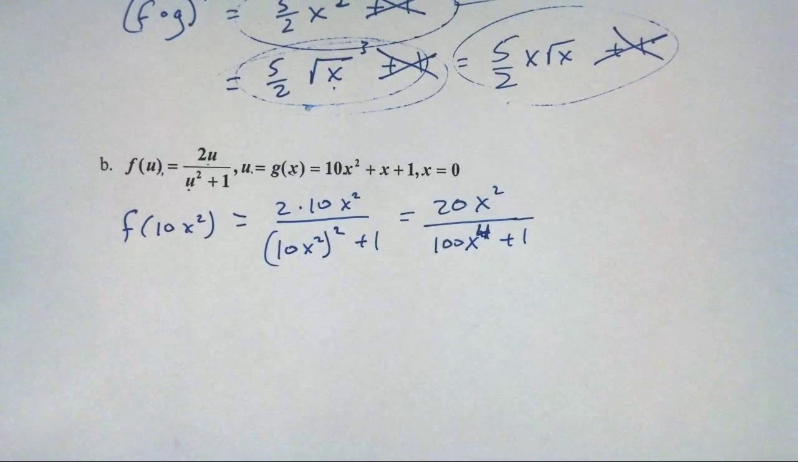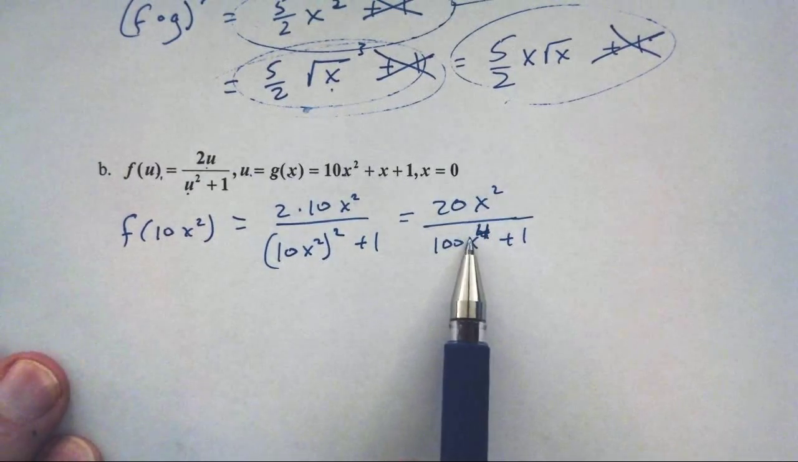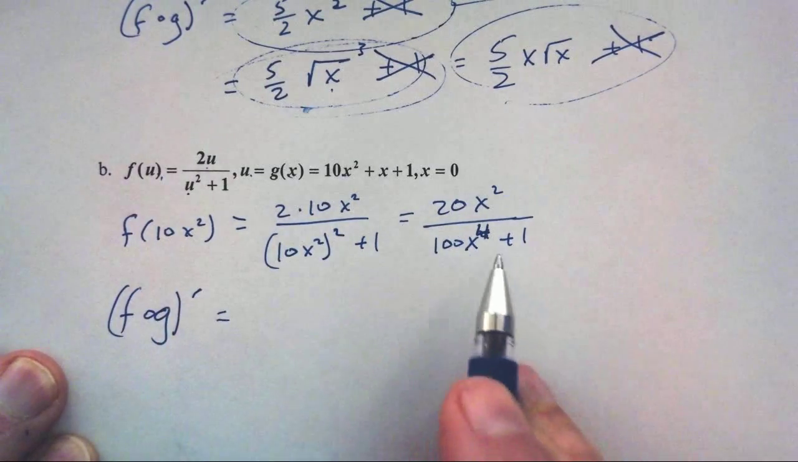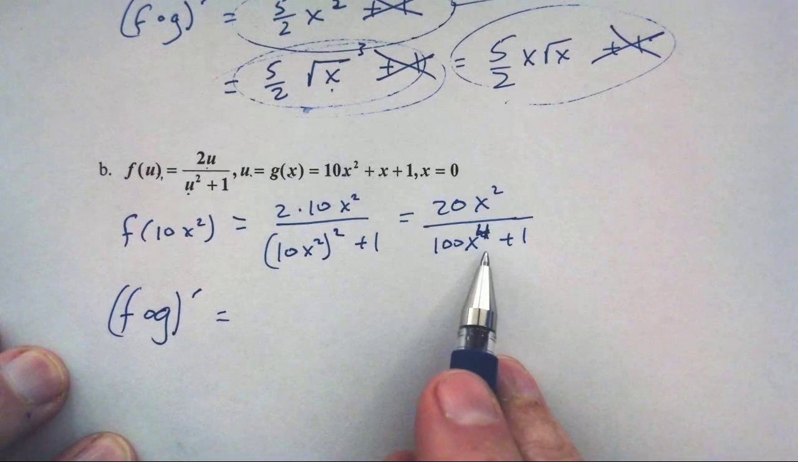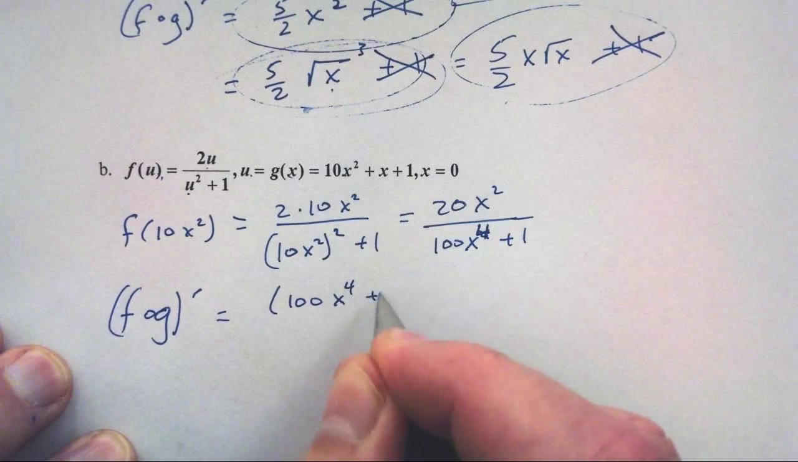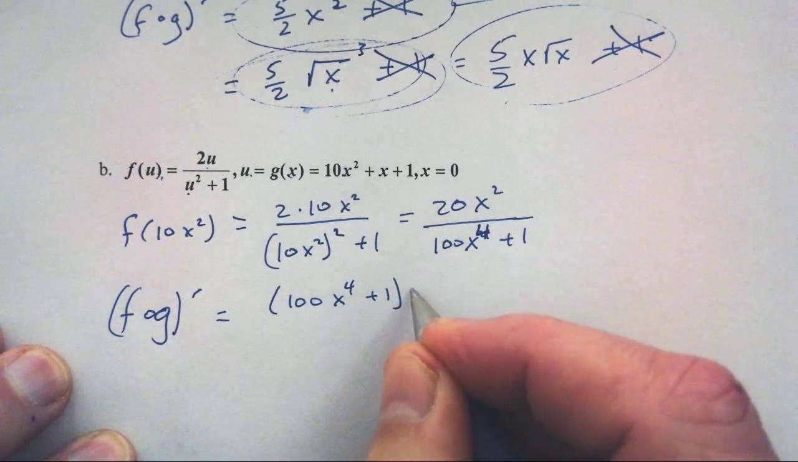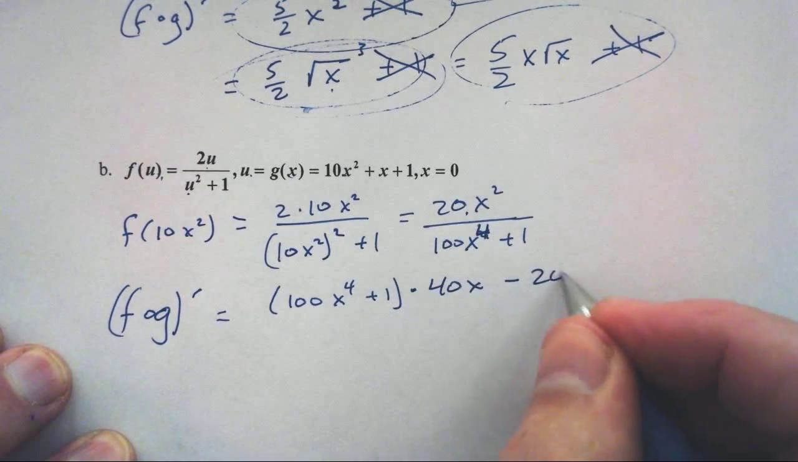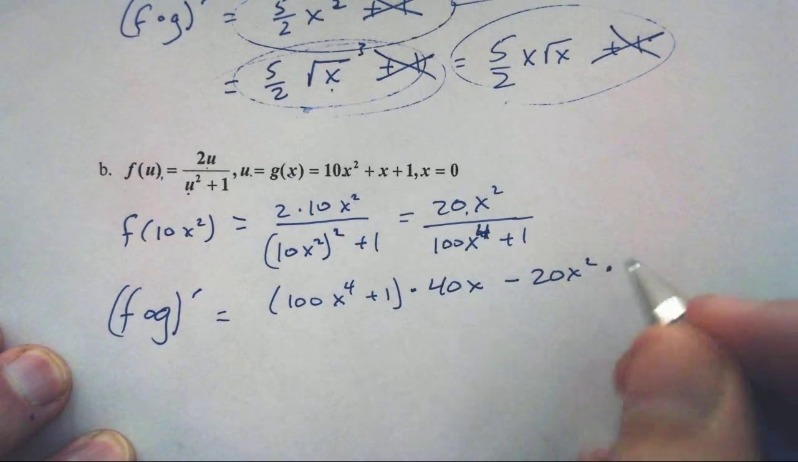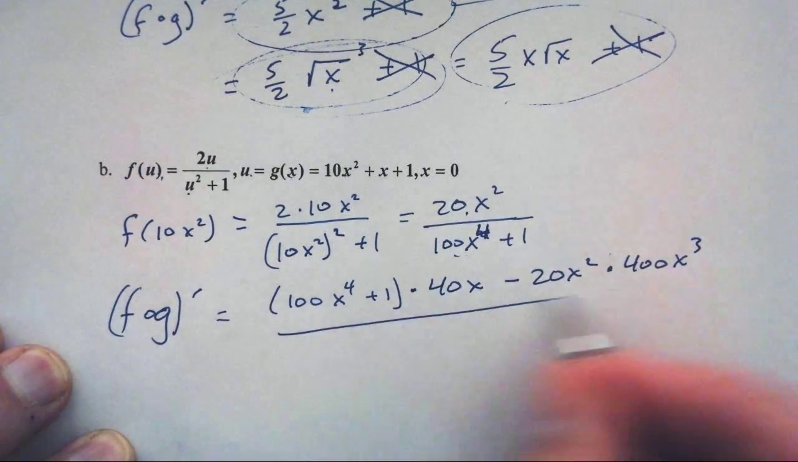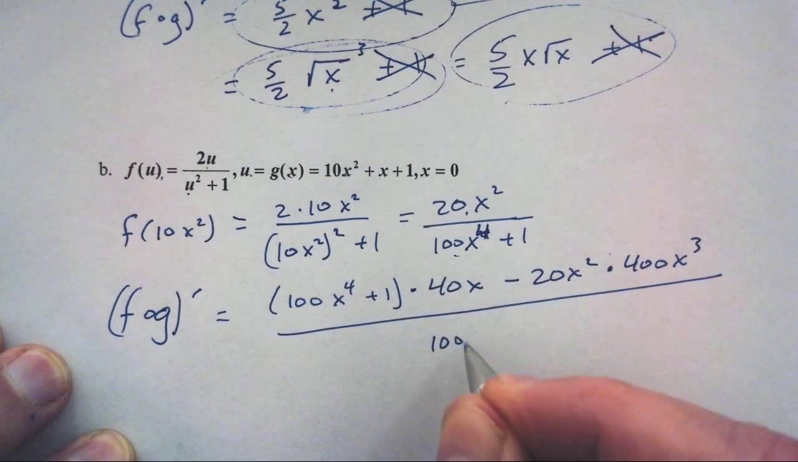Now we need to find that derivative. If it was a pre-calculus problem, you'd be done now. You find f of g, but now we find f of g's derivative. F of g's derivative is, clearly, we are in a quotient rule here. So I want low d high, derivative of the high function, 40x, minus high, 20x squared, d low, derivative of the low function, is 400x cubed, all on the square